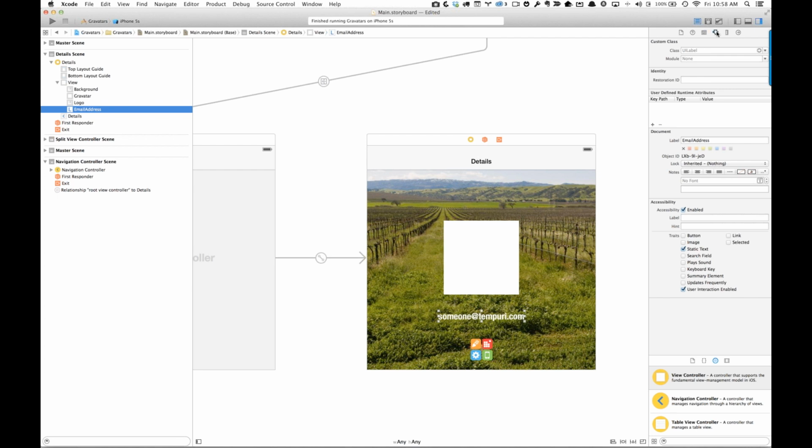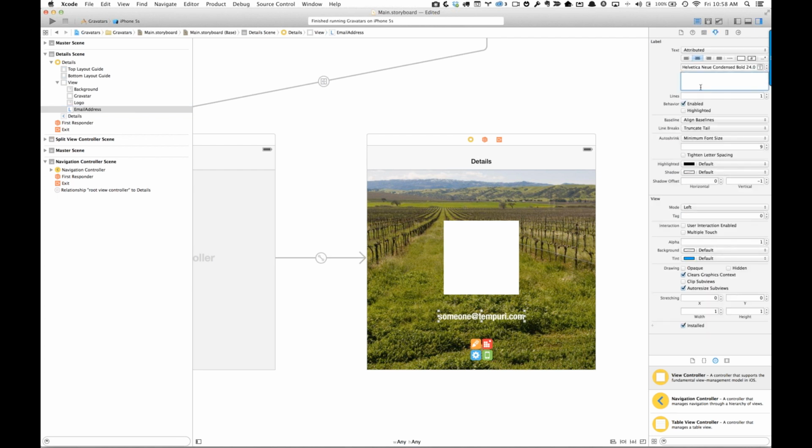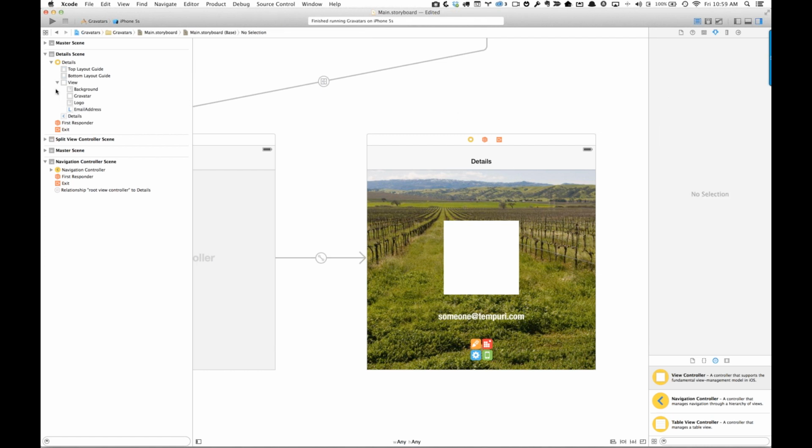And that label is being displayed as attributed text, and it happens to be white, which is why you don't really see it unless I highlight it here. But it has a font associated with it. It's been centered. It's got some formatting that's been done to it. And so that's sitting right there. And what I don't have, if you look over here, is any auto layout constraints on anything right now. Okay. So if we go run this on an iPhone 5S,